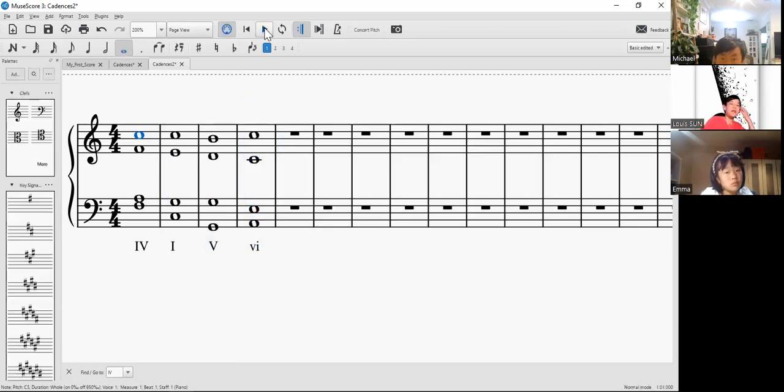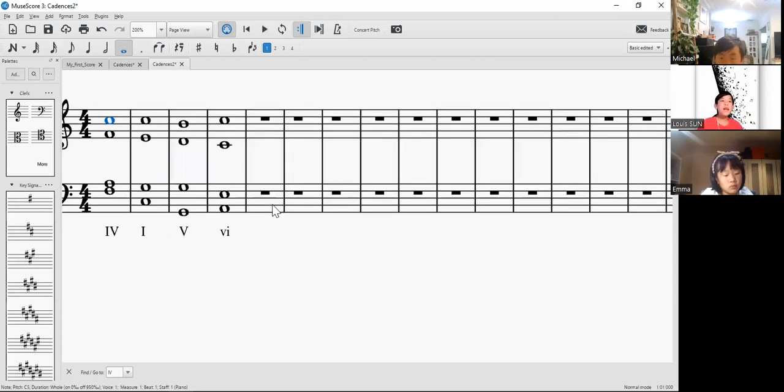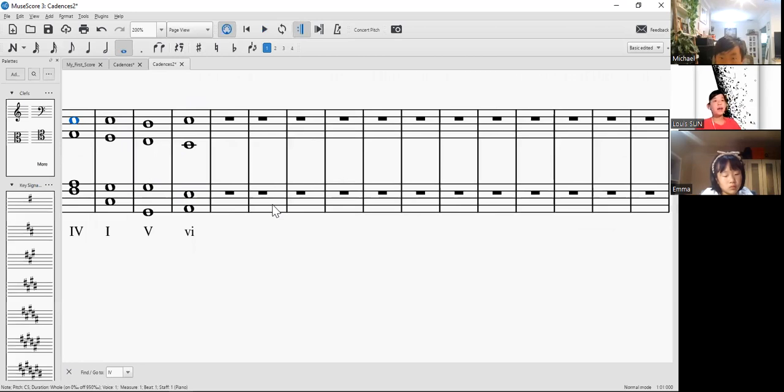Not bad. And notice how that 6 creates a very questioning effect at the end. Okay, next, how to proceed on an interrupted cadence, 1, 5, 6. And we can also proceed that with 4 as well. So our chord structure would be 4, 1,